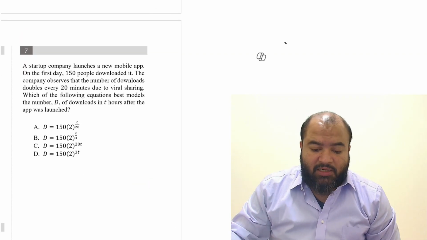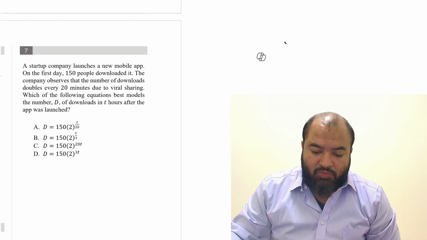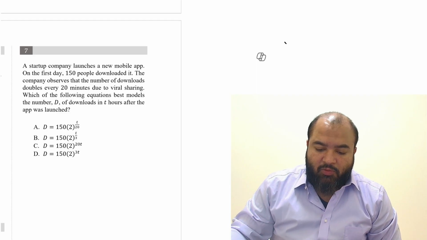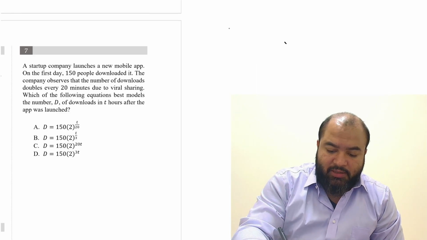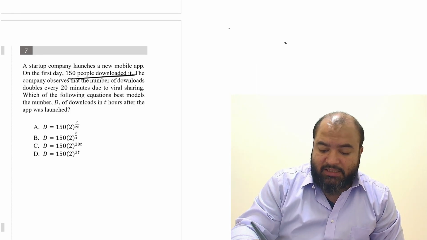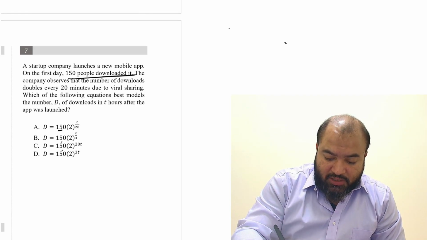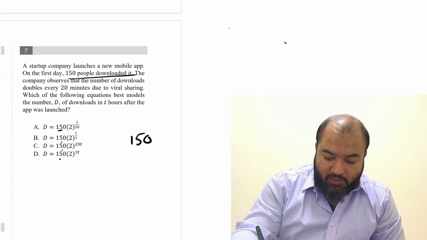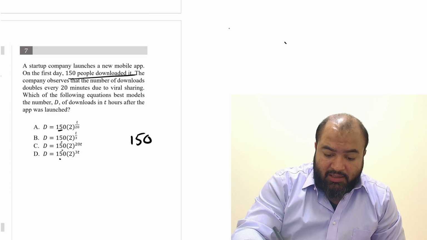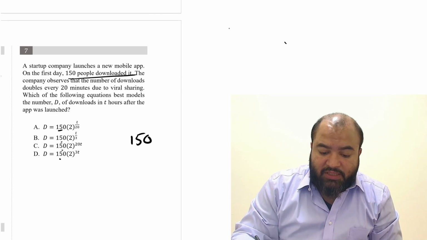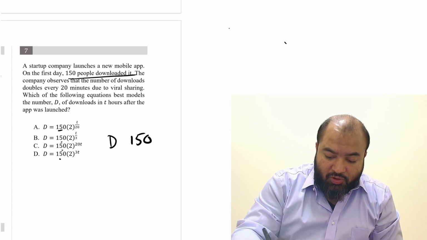7. A startup company launches a new mobile app. So on the first day, 150 people downloaded the app. So this is an exponential model. So 150 people, as you can see, all the options have 150. So that's the starting 150. And the company observes that the number of downloads, so D is the total downloads,